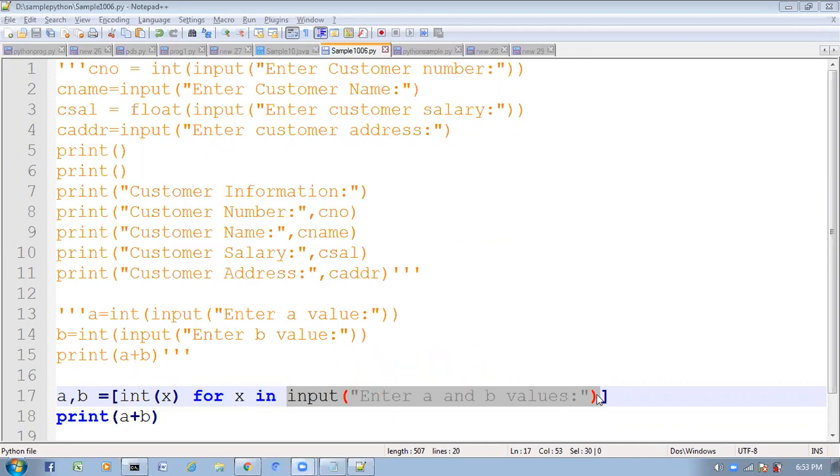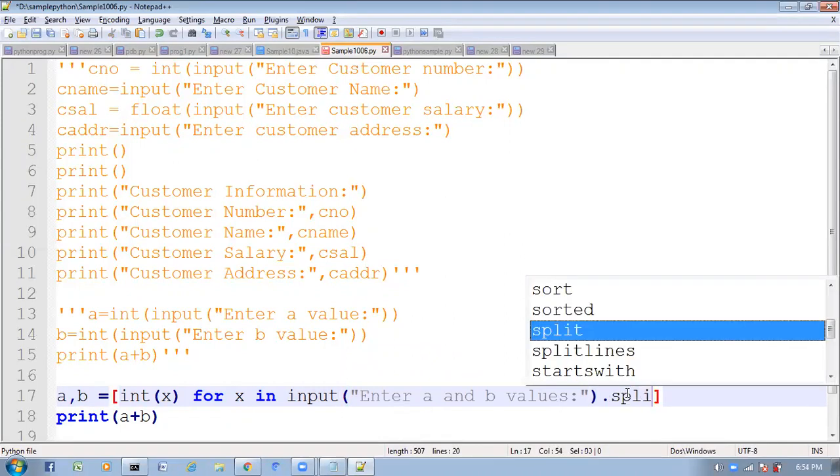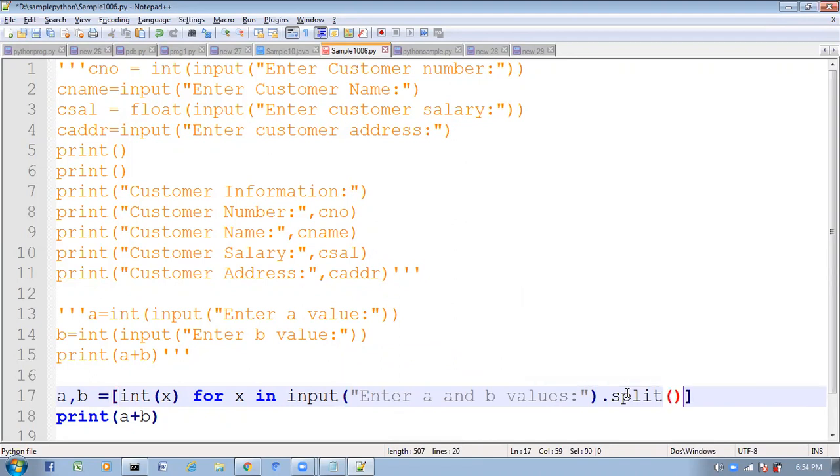See here what we have to do. After this we have to take one predefined function, which is nothing but the split function. We have to use the split function. What will this split function do?